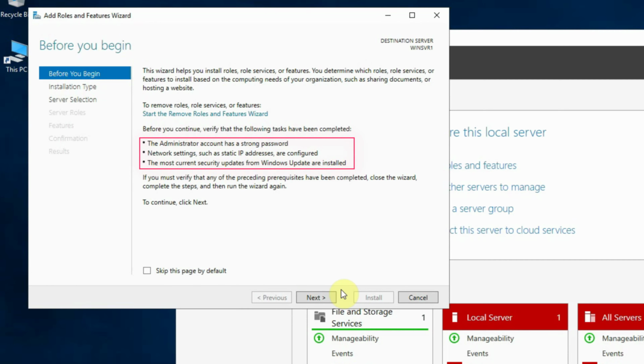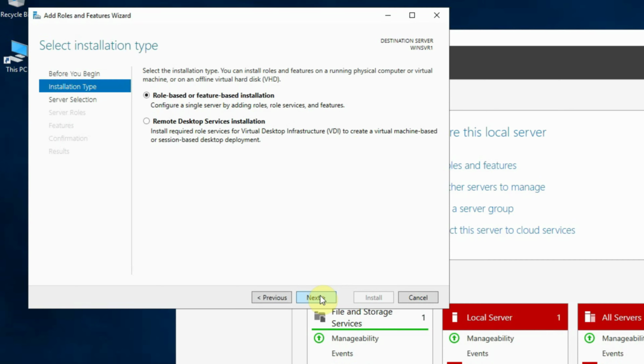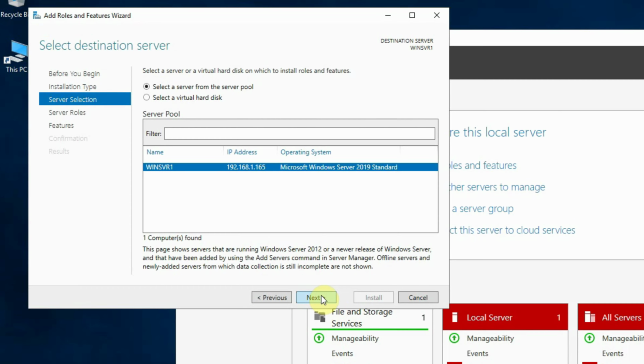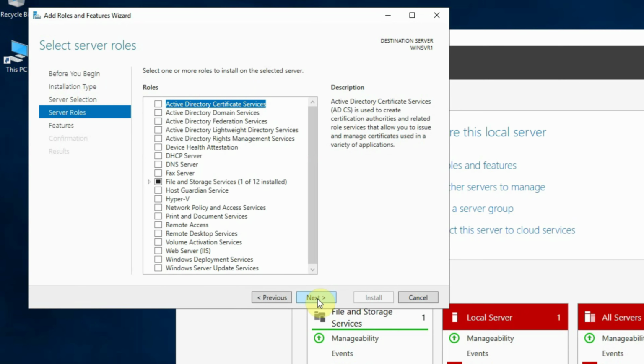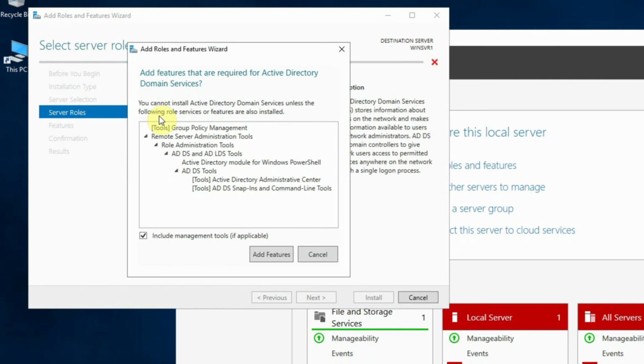Click Next. Let the first option be selected, role-based or feature-based installation. Click Next. Our server is the only one in the pool which is selected automatically as the candidate. Click Next. Some of the roles will be selected by default, don't change them. And we will additionally select this Active Directory Domain Services role from this list. Under that role, it will need to install the features which are listed in the screen. Just click Add Features button,